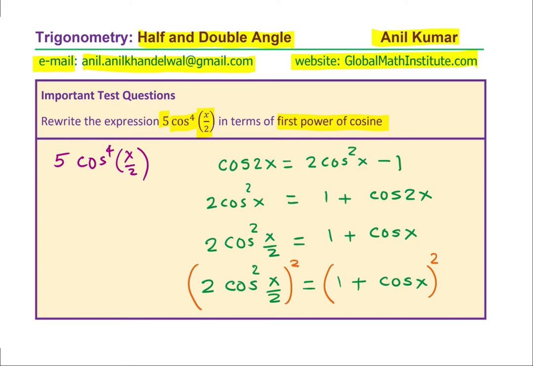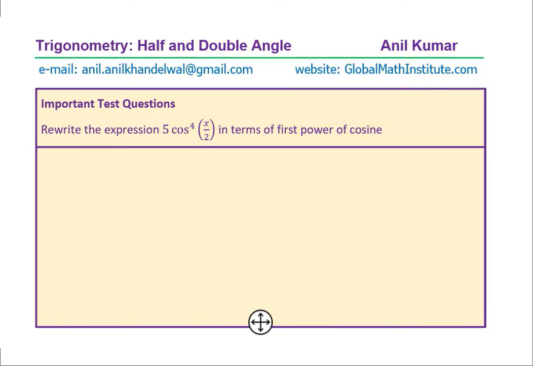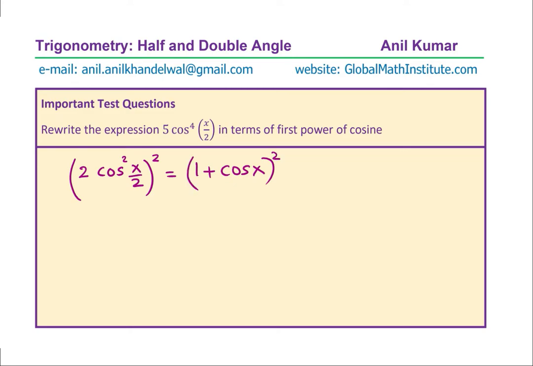So in the next page, I'm writing 2 cos square x by 2, whole square, as equal to 1 plus cos x whole square. Most of you are familiar with this particular formula, which relates half and the double angle, correct? Since we need the power of 4, we squared both sides. So on expanding, what do we get? We get 4